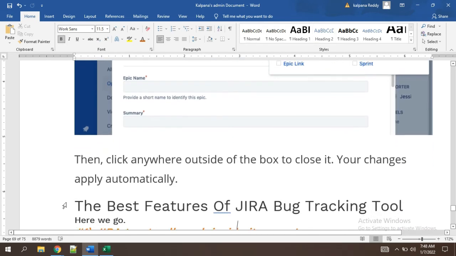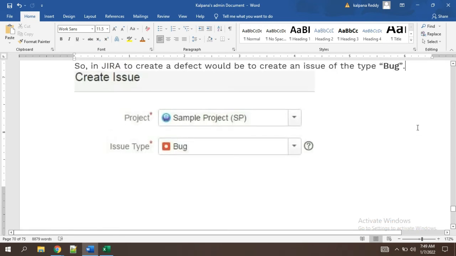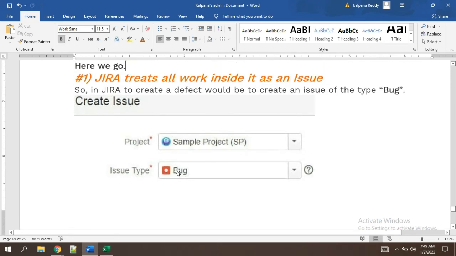But now we'll go into the bug, how to create a bug and how to track the bug. Okay, so in Jira, to create a defect would be to create an issue of the type bug. So, you asked, Madhuri, for a bug what we have to select. So we have to select, among all the issue types, bug. Okay, if you select bug,